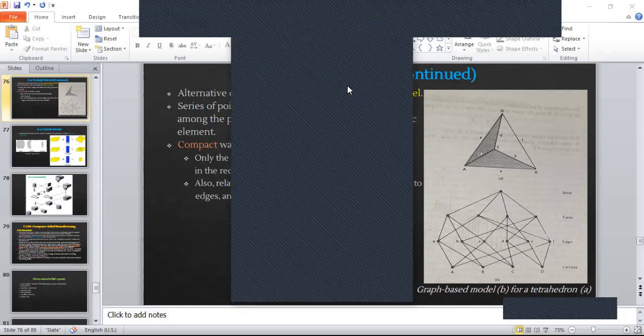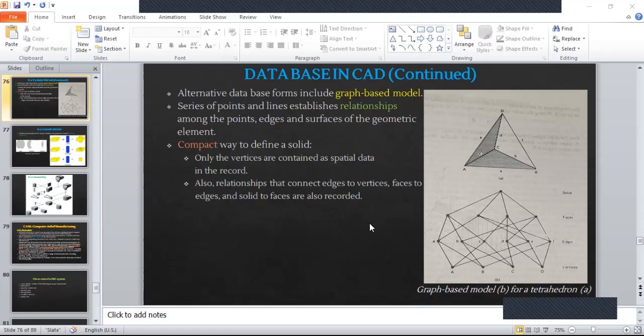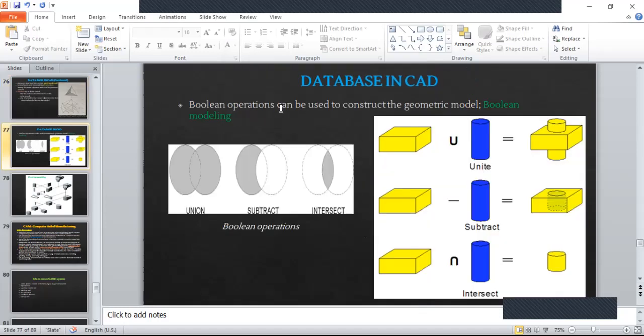No. Okay. So another one is Boolean modeling. Boolean modeling has Boolean operations. These three operations that you're seeing: union, subtract, and intersection. Those are used to construct the geometric model. Union, as we know, takes the whole of the two components.